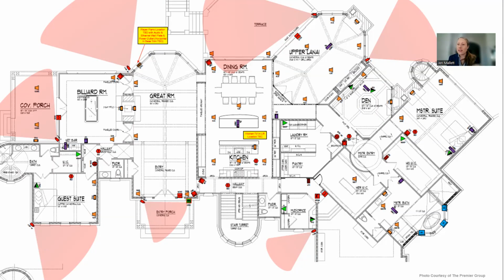The second is, what type of camera is going to fit that viewing? There's several different kinds. There are turret cameras. There are PTZ cameras, which are cameras that you can mechanically, through an app, move left and right. There are dome cameras, and there are different colors of those cameras. Some of them will blend into the house and match the exterior aesthetic of the house. Others, maybe the client doesn't want them to match. They want people to know that there's a camera out there as a deterrent. So there's a few different things to really think about there, but it's placement, what type of camera, and then